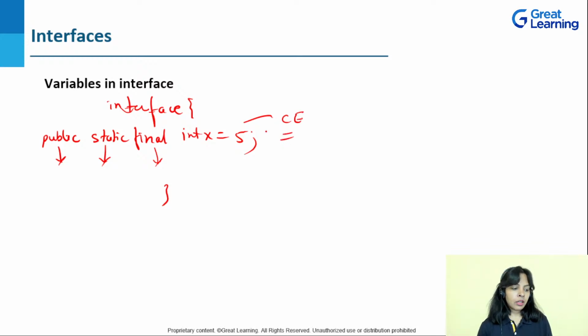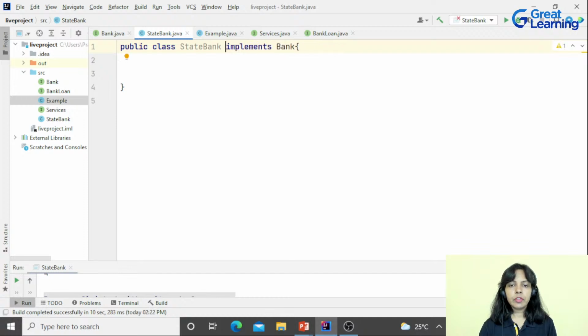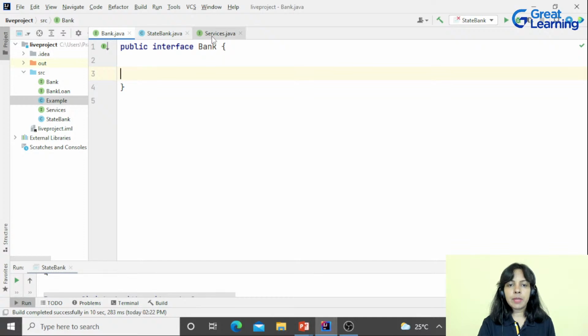Okay. Now, I will go to the IDE. Let me just quickly remove this. We'll see some tips and tricks here, guys, quickly. So this example I'm closing. I don't want this also. I just want to make use of two interfaces. One interface is the bank service interface. Okay. So this also I don't want. So one interface is there, that is Services. Then there is one class, StateBank, that is implementing both Bank and